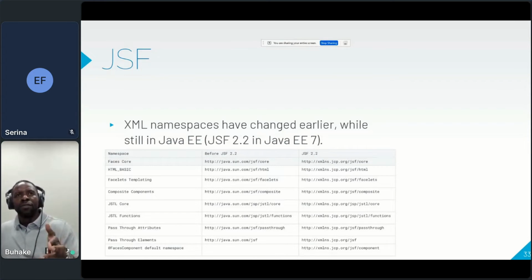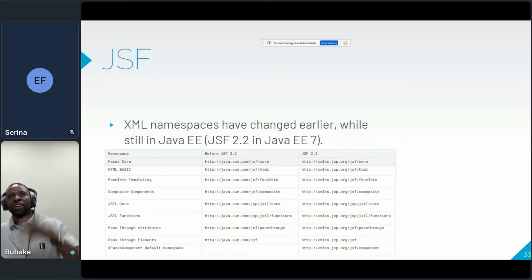So before JSF 2.2, we had java.sun.com, and then your naming for your namespace, and then from 2.2 we went to xmlns.jcp.org, as I previously said.